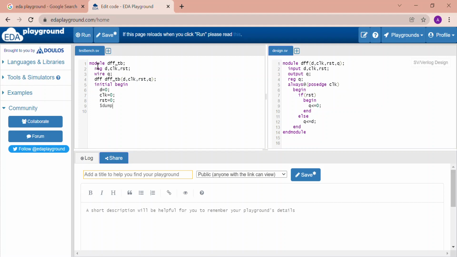$dumpfile for showing the waveform, test.vcd. $dumpvars. Hash, after this much of time units, our code execution will be finished. And giving inputs, hash 3, D will be toggled after this